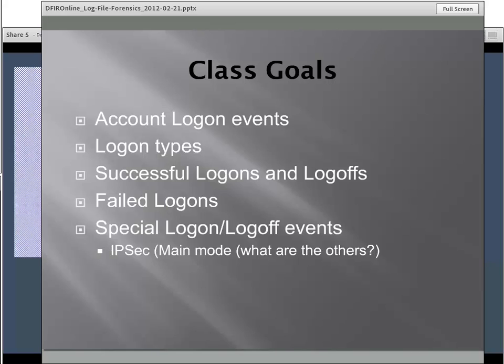Anyone know what the other modes are besides that? That's not one of the ones for the giveaway, but just wondering. Okay, so anyways,